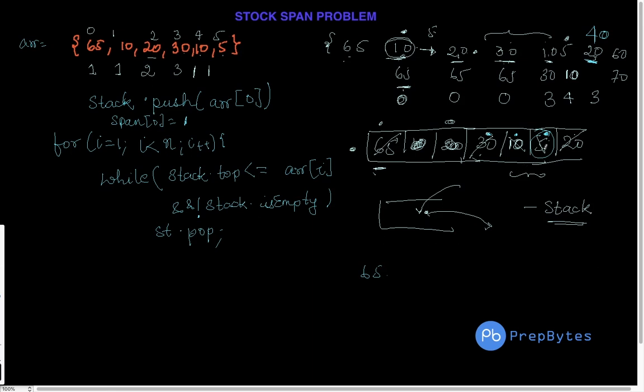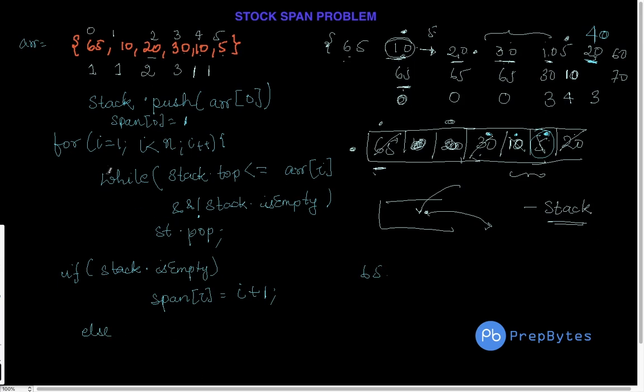If we are doing the operation and the stack becomes completely empty, it shows that there is no element on the left. So in that case, we check if stack is empty, then span of I will be I plus 1, and else it will be simply